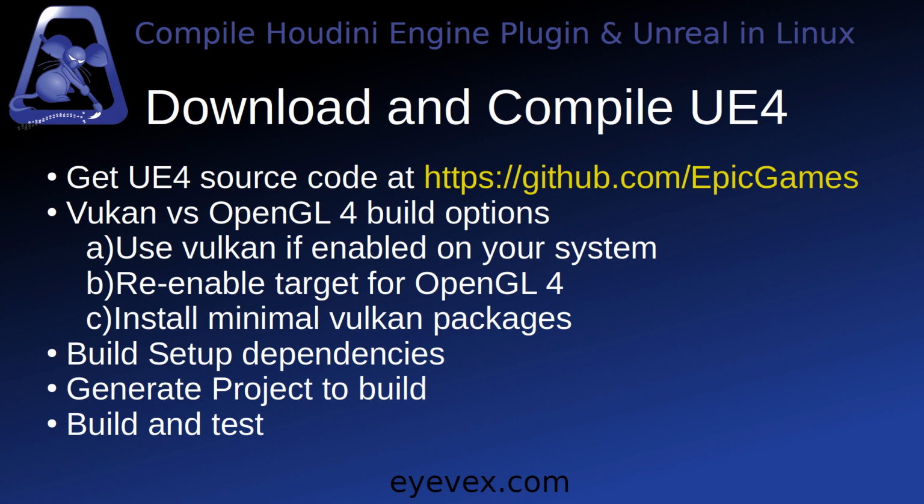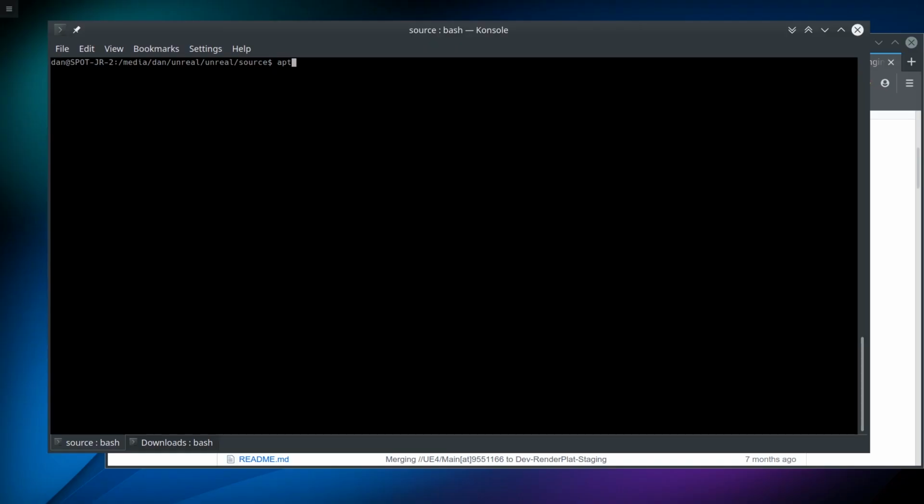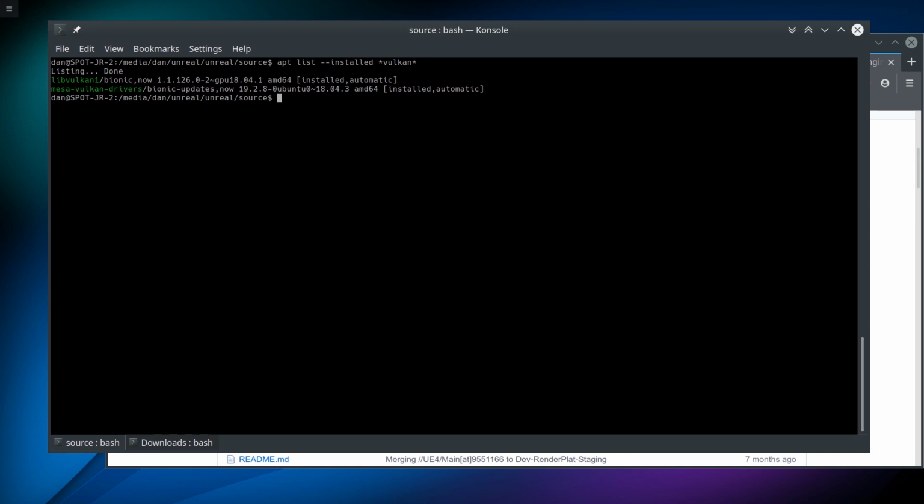So the first thing we want to do is say, are we using Vulkan, or do we have, more accurately, the packages installed we need already? So I'm using apt because I am on Ubuntu. You'll need alternative commands for yum if you're using a Red Hat based distro. So what we can do is say apt list installed and then Vulkan. And what we can see is we have the Mesa Vulkan drivers and libvulkan, but we don't have Vulkan tools. And again, we can confirm that by typing apt